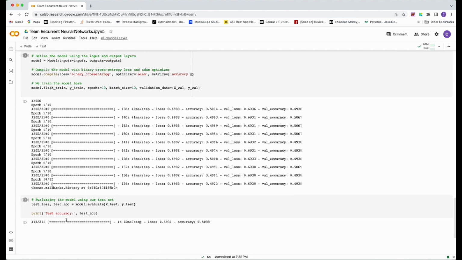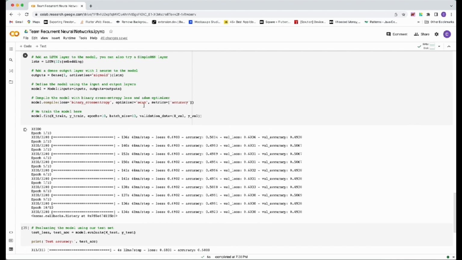After running through the model, we get an accuracy of 0.50. Now, this accuracy was very poor, and there are a lot of things that could have been done to this data to improve the results. We could have tried another optimizer to see if we could get a better result, but this took a lot of time to actually process, and it's something that we can also explore for the future.